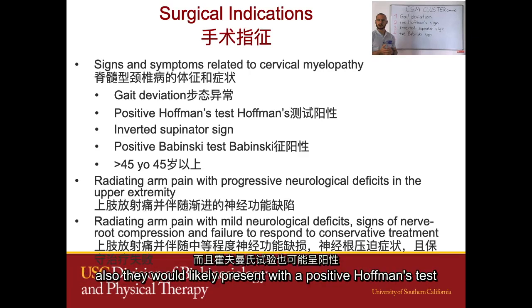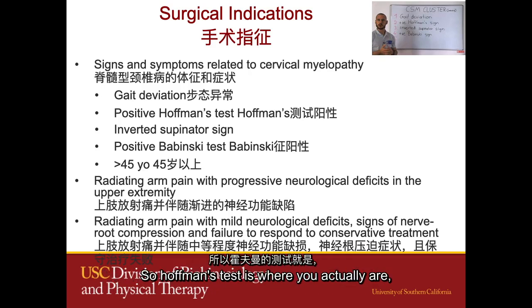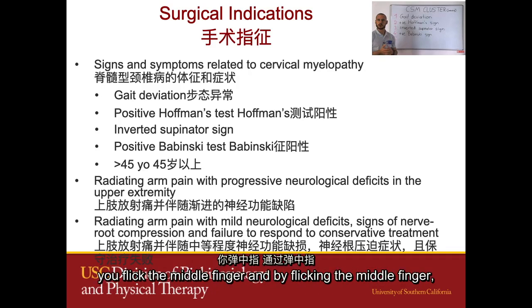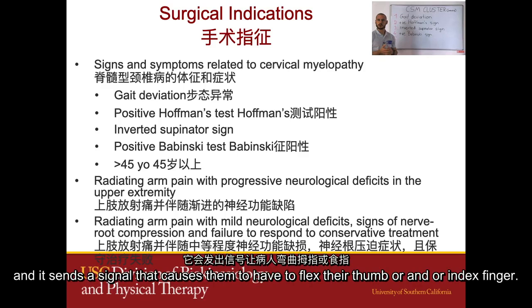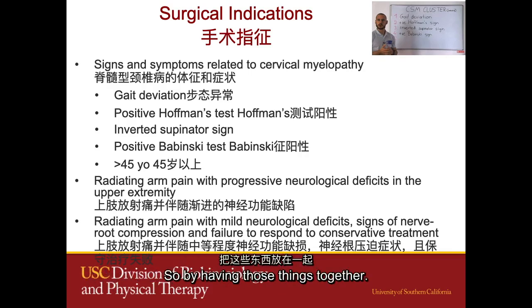Also, they would likely present with a positive Hoffman's test. So a Hoffman's test is where you flick the middle finger, and by flicking the middle finger, it's a central cord issue, and it sends a signal that causes them to have to flex their thumb or index finger. So by having those things together,